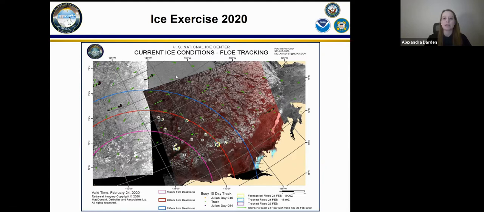This analysis helps ASL find an ice floe from which they can build an ice camp to command and control a multinational submarine exercise. The product shown on the screen is annotated synthetic aperture radar, where an analyst has identified candidate multi-year floes for the ice camp and labeled them with alphabetical letters. Analysts will track these floes from each satellite pass and determine their predicted drift and ice characteristics. The green arrows show forecasted drift direction and speed via the direction and length of the vector. Arctic buoy data, which you can see some of in the top left corner, shown as color-coded dots, is also overlaid on the analysis to show in situ drift rates.